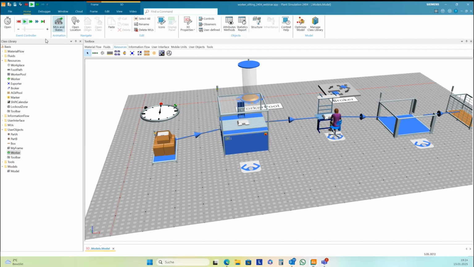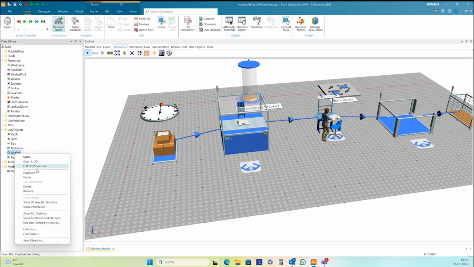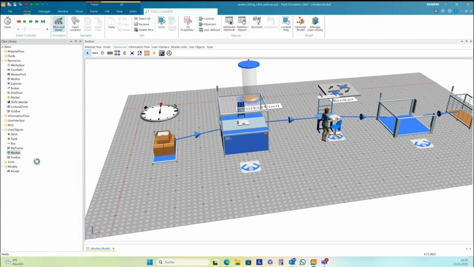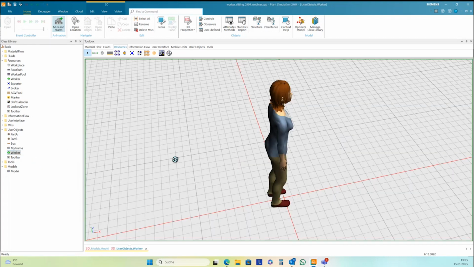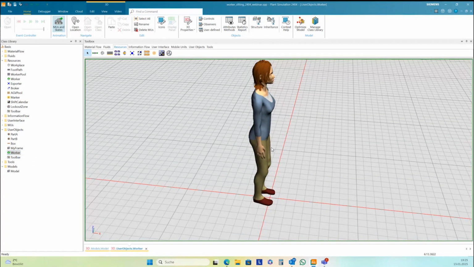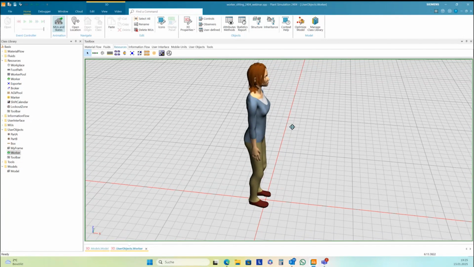And finally, if you need this sitting worker graphic, then there are two different kinds of export graphics from Plant Simulation. If I open this here in the 3D frame, then this is now part of this graphic.